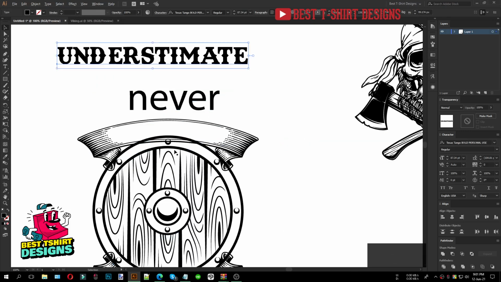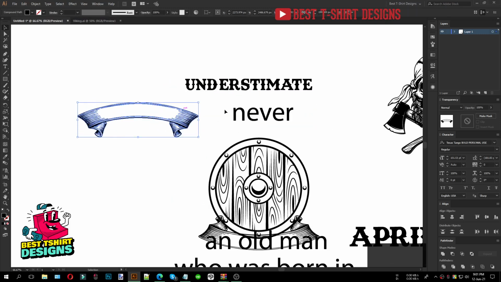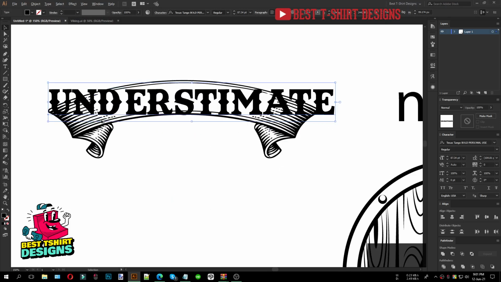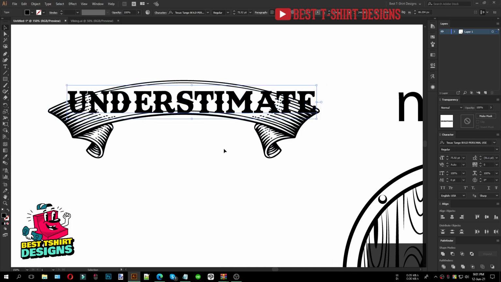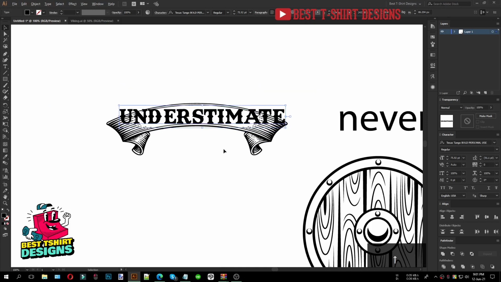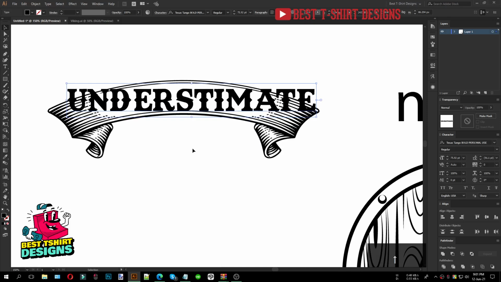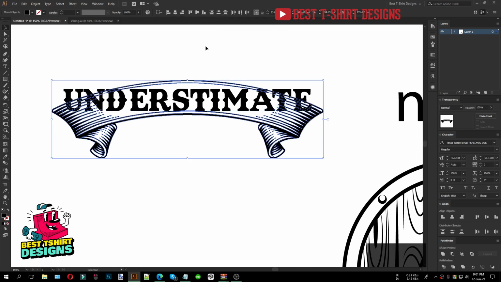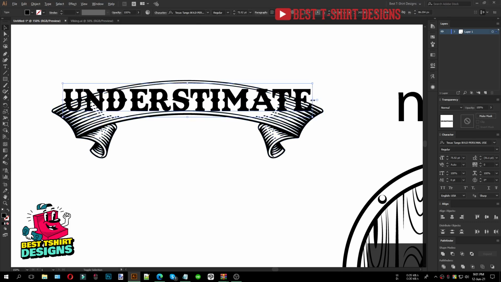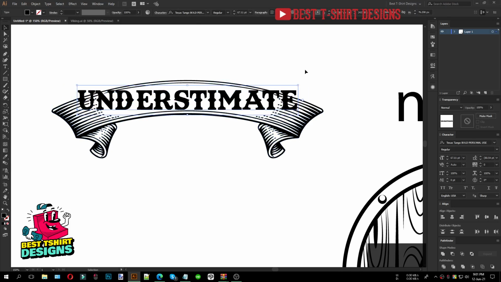If we are going to place anything on a ribbon, we have to make sure the size of the text fits the size of the ribbon. You can see this is how my design is looking right now, and this is the text, and that is the ribbon. If I want to match it perfectly, I have to get the size right. If the text becomes that much longer, it will fit the ribbon, but this text is a little thinner, so I want to make it a little bit bigger by stretching.